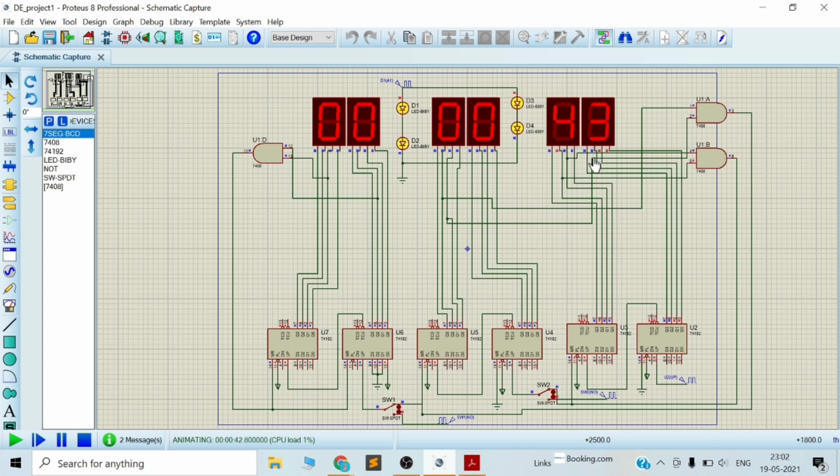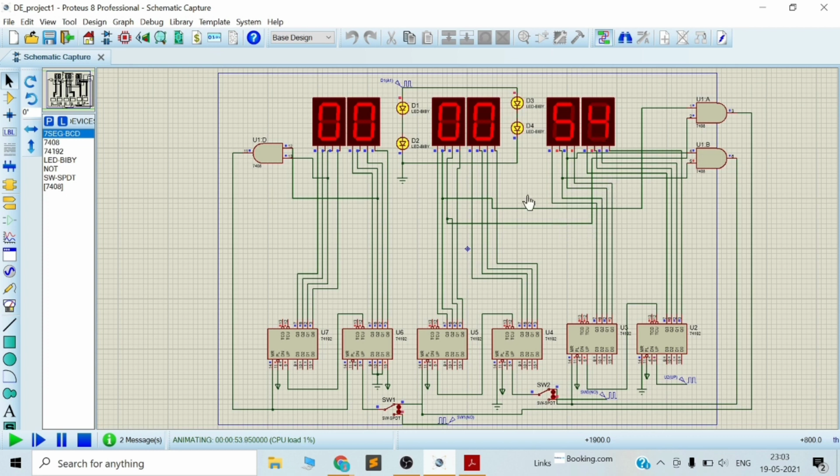After it counts to 59, we need to reset its counting and send a pulse to the minute block, as there are only 60 seconds in a minute. So in order to count up to 59, a logic condition must be there so that once the second IC reaches 6, the second block resets and sends a pulse to the minute block through terminal 12. We have used the AND gate in order to implement this logic.